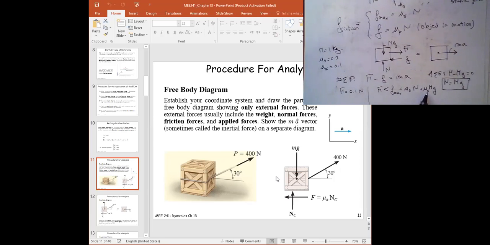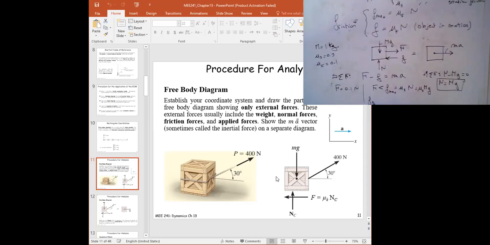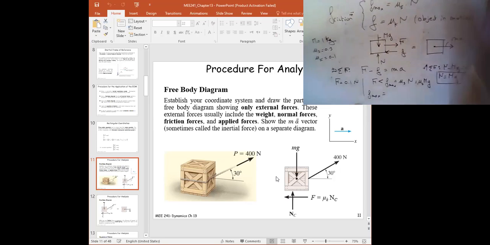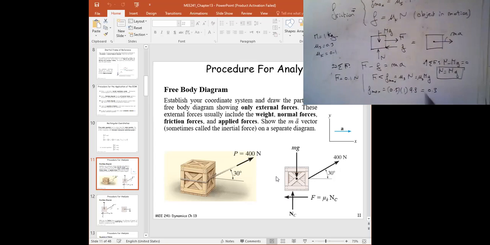Let me find this value, okay? So long as 0.1 is below this maximum friction, I know this object is not going to move. So let's quickly do that. What is the maximum value for the friction? I have my 0.3, so it will be 0.3 times 1 times 9.8, which is almost 3, not 0.3.